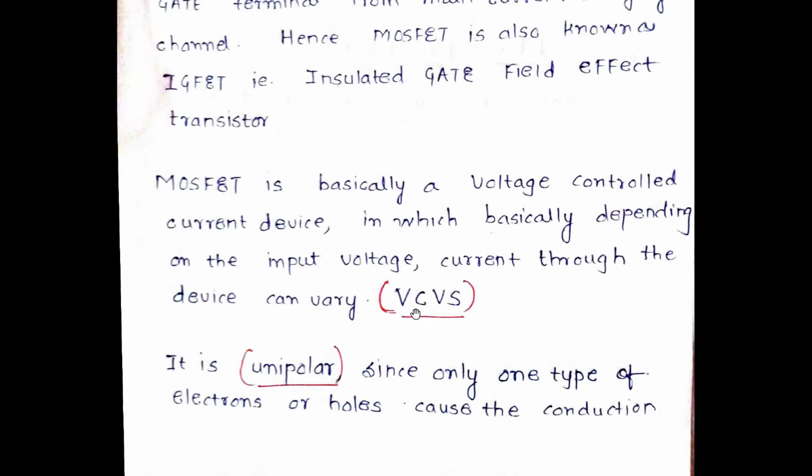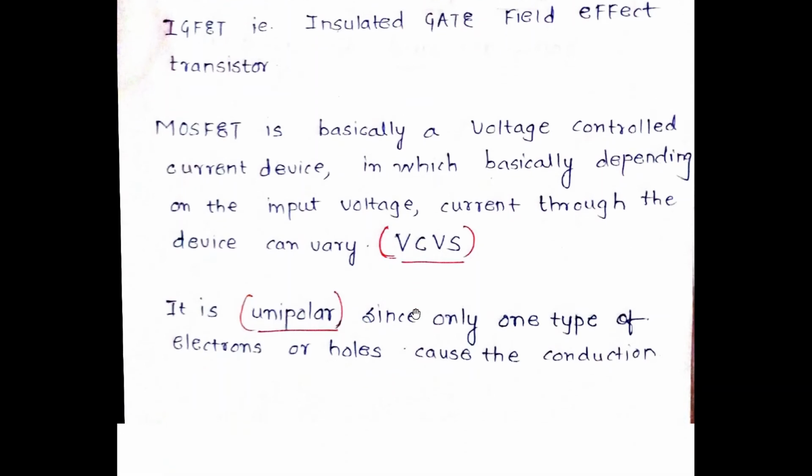Okay, here there is a correction required. Then it's a unipolar device. Unipolar device means that only one particular element, that is either the hole or the electron, contributes towards the making of the conduction current. That is very important. Whereas in case of BJT, it was both the electron and the hole contributing towards the conduction of the current. That is something very important.